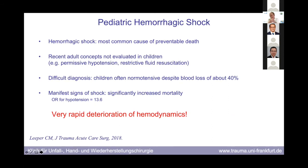So the first critical point, between airway, of course, is the pediatric hemorrhagic shock. It's one of the main causes of preventable death initially, in contrast to the brain injury, which is a little bit different. And some concepts in adults like permissive hypotension, restrictive fluid resuscitation, just to avoid larger bleeding, are not really studied in children. So they cannot really be recommended because there are no prospective trials, to my knowledge,